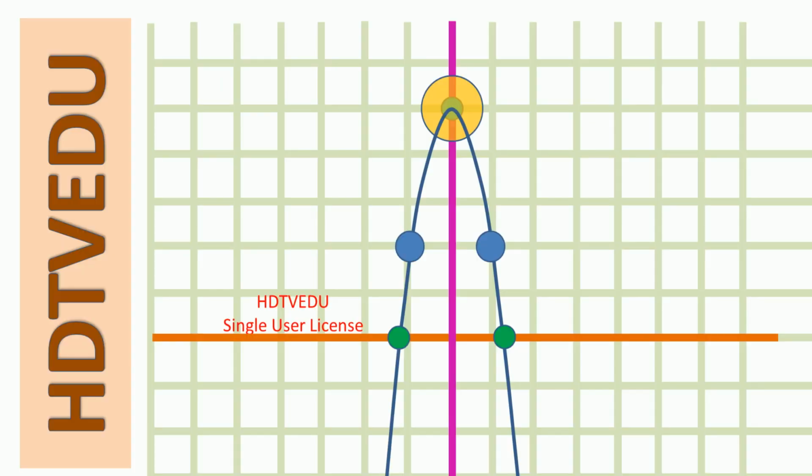1 through 6. What is left? Plot the graph, and here we have the graph. These are our x-intercepts. This is the